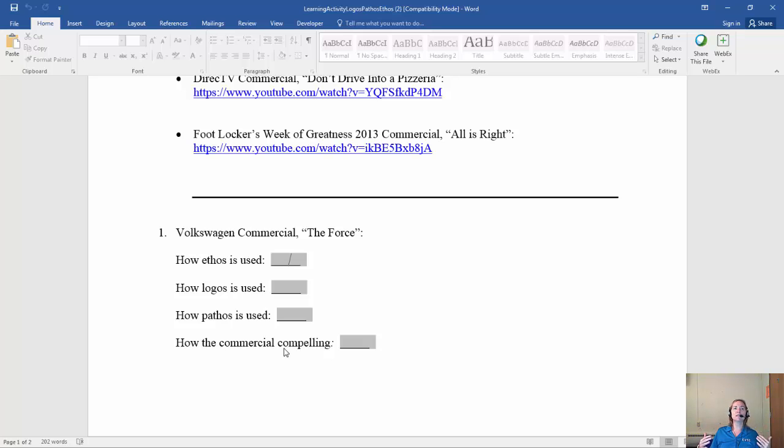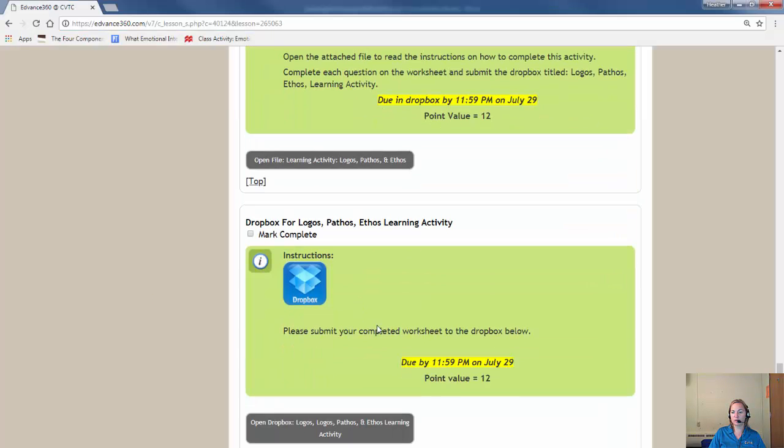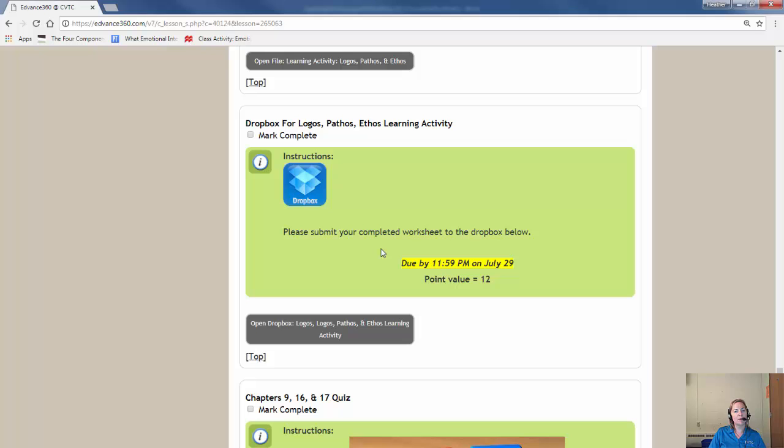So going back to our listening skills, we're not making opinions here. We're not stating facts. We're actually exploring inferences. So best guess statements based upon what we've learned and what we know, and combining the two together. So type those up, save them on your computer or your USB, and then submit to the Dropbox, again by